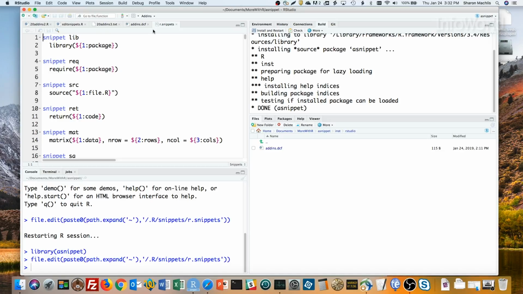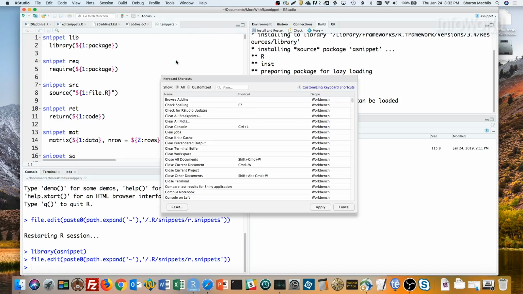So why do an add-in instead of just running the function manually? One advantage of add-ins is that you can assign a keyboard shortcut. So if I go to Tools, Modify Keyboard Shortcuts, I can assign a keyboard shortcut to my Edit Snippets add-in. I'll search for snippets in the filter box,